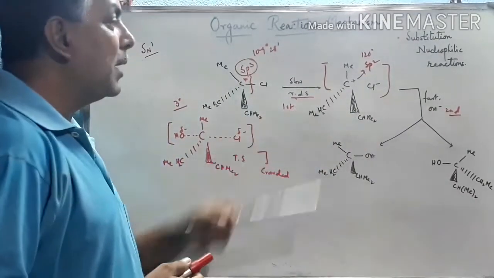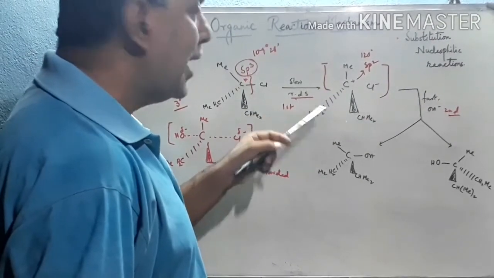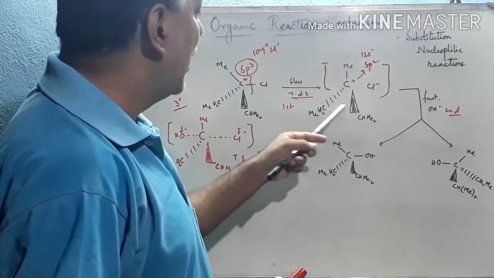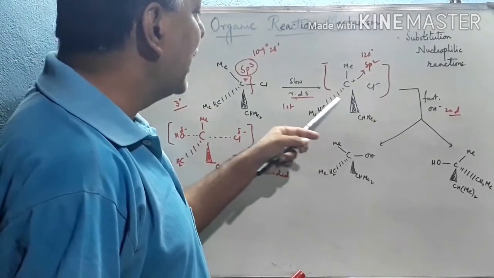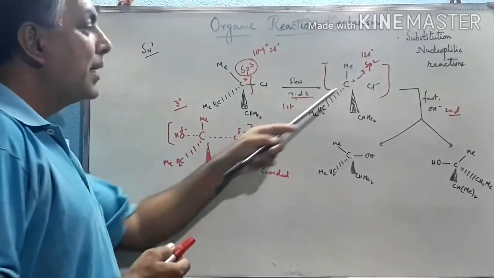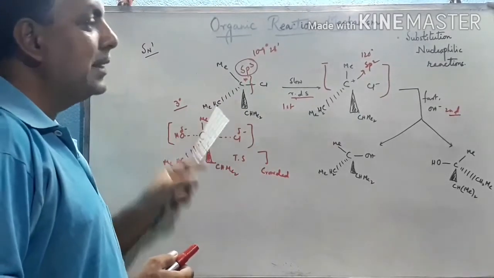Now in the first transition state, you see that the bond angle of the crowded groups is somewhat enlarged, and hence the repulsion, that means the steric hindrance between these two crowded groups, is somewhat minimized. So it is a more stable transition state as compared to the initial reactant compound.